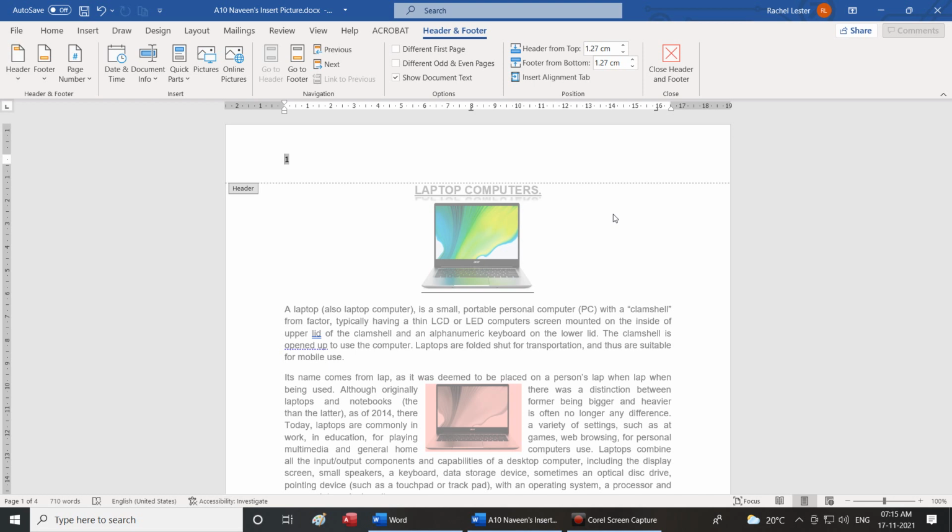B, footer option, F-O-O-T-E-R. C, page number option.